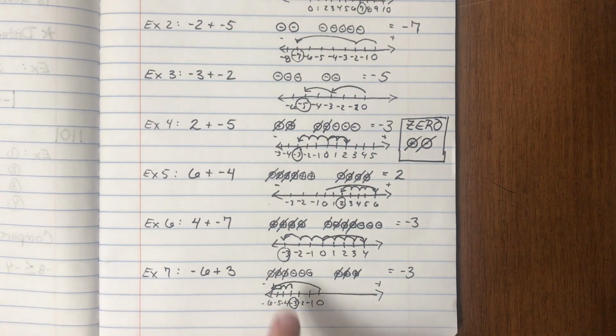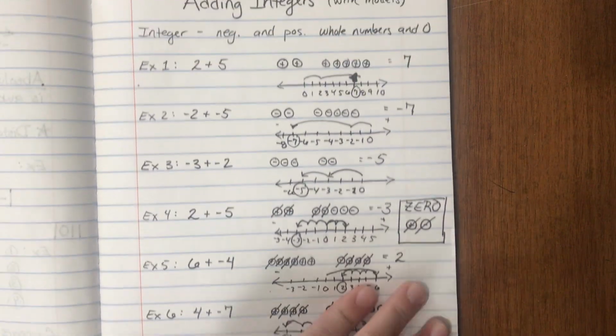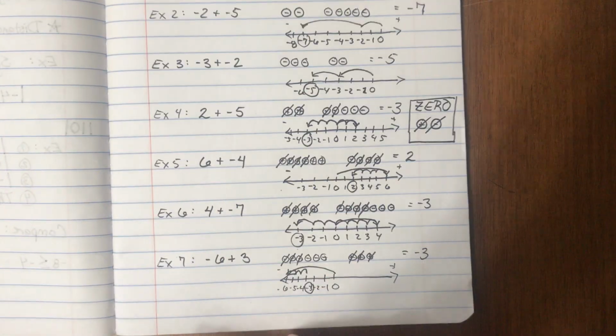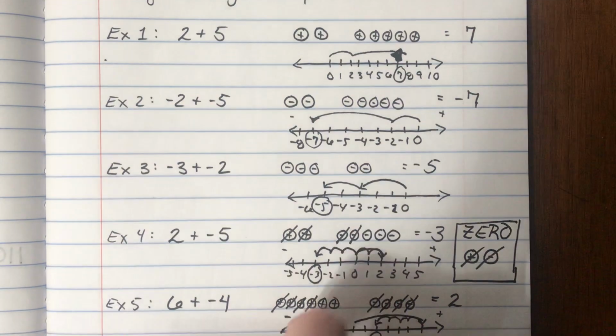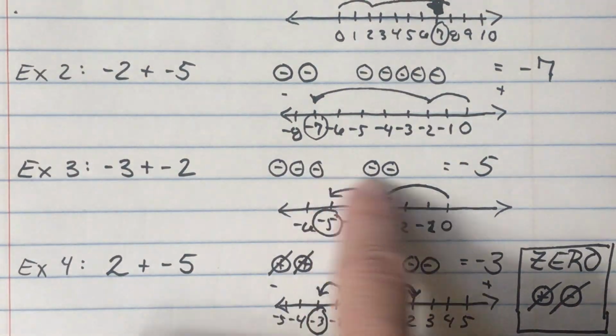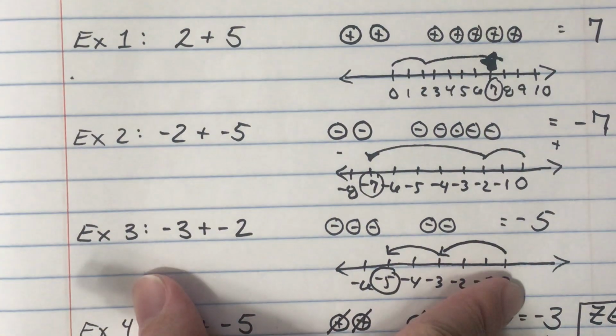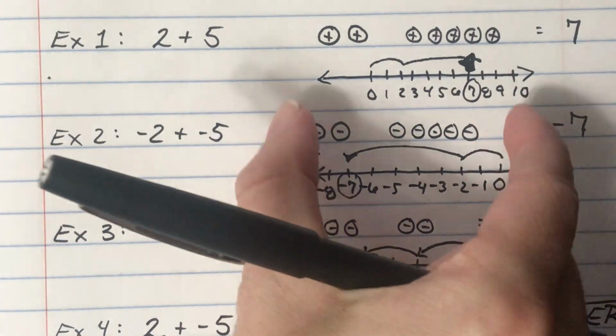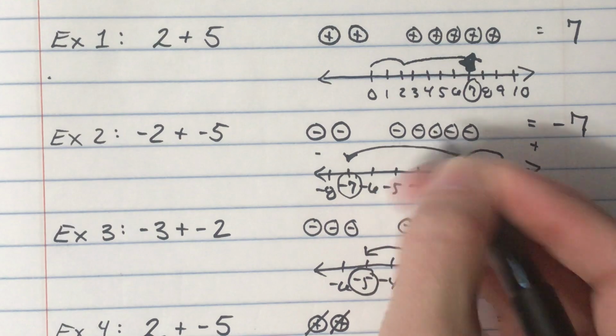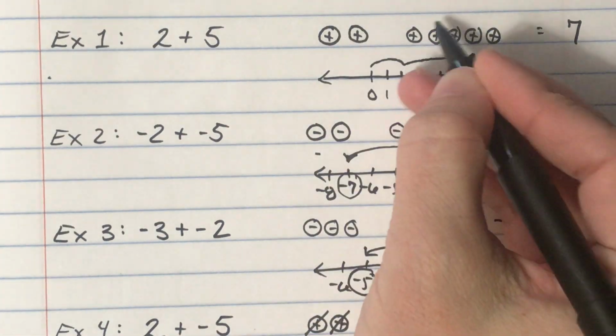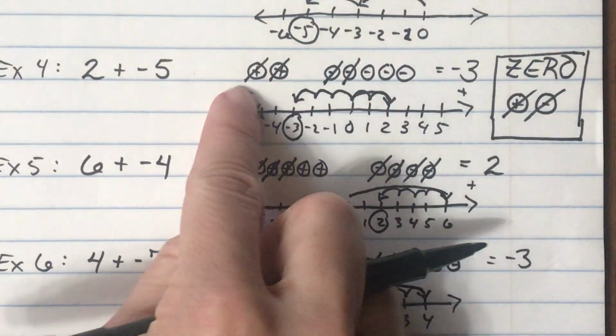Now, again, on the practice, you're going to be doing both of these things. Please, now that we have done a bunch of negatives and positives, don't get confused about when you have just a bunch of negatives or a bunch of positives. Did we do any marking out in these first 3 examples? No, because we had the same sign. So do not start marking out negatives and negatives, or do not mark out positives and positives. We're only marking out when we have